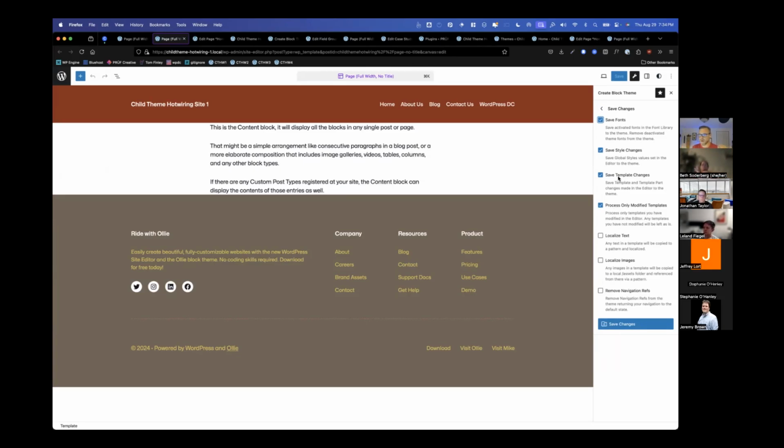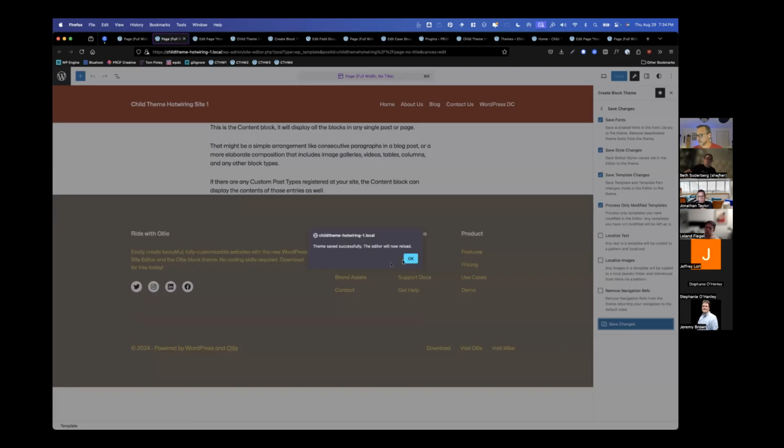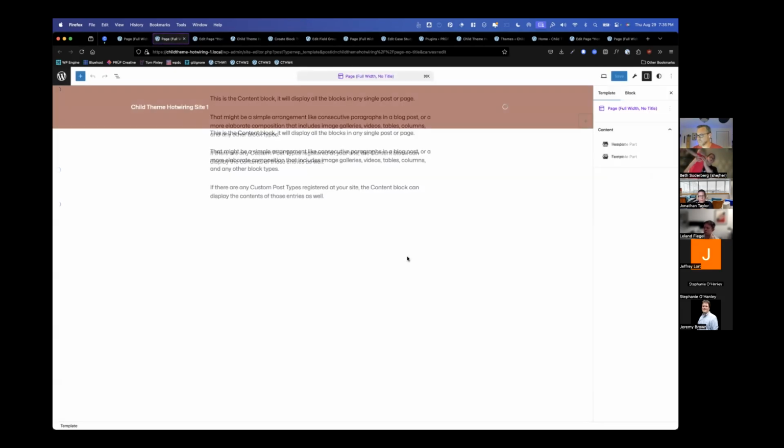So one bad update or one accidental update, and you could wipe all your templates out if you're not careful. And so what we want to do is occasionally save all of our changes, template wise, pattern wise, style wise, and get it into our code.